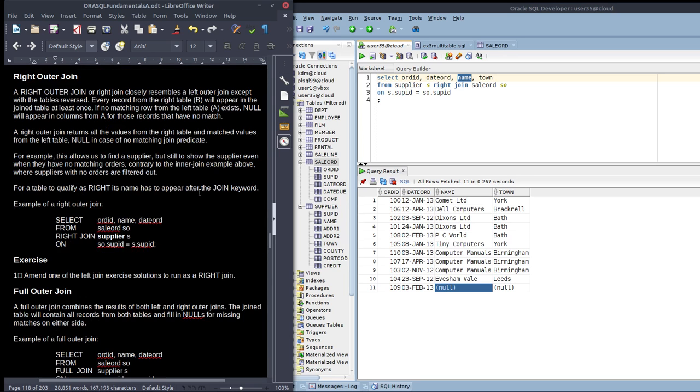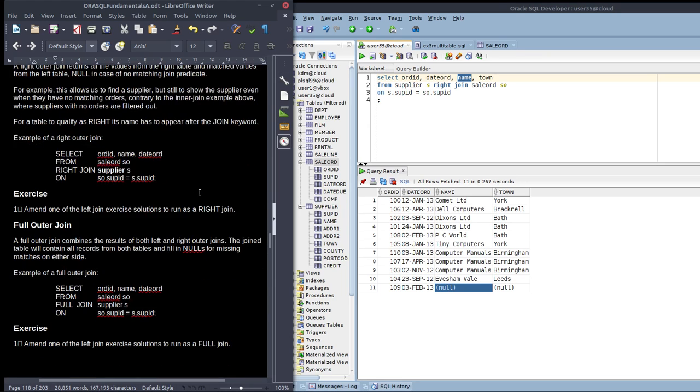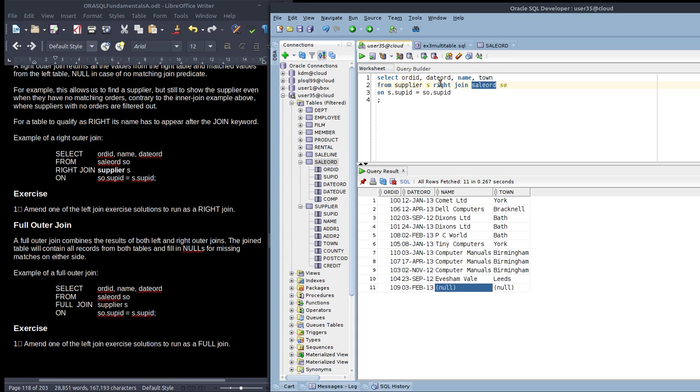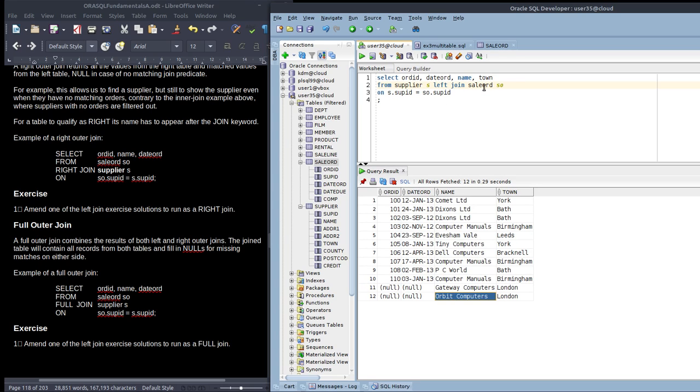There's a right outer join, which, as we've just seen, is basically the same as a left join, but does it the other way around. So the right join says all orders, whether they've got suppliers or not. The left join says all suppliers, whether they've got orders or not. So you get these two suppliers. And in fact, if you switch the table names, it's the same thing. If I make that